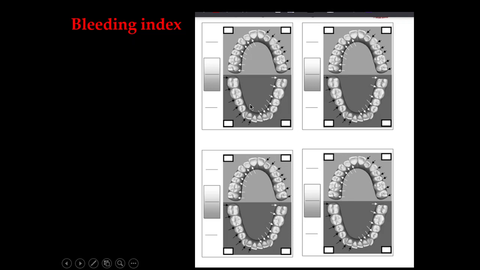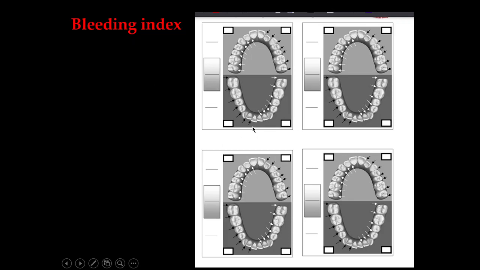So we have 4 sixes, so it is 26 at the upper compartment. 26 on 28, it will be 0.9. Okay, so the papillary bleeding index here is 0.9